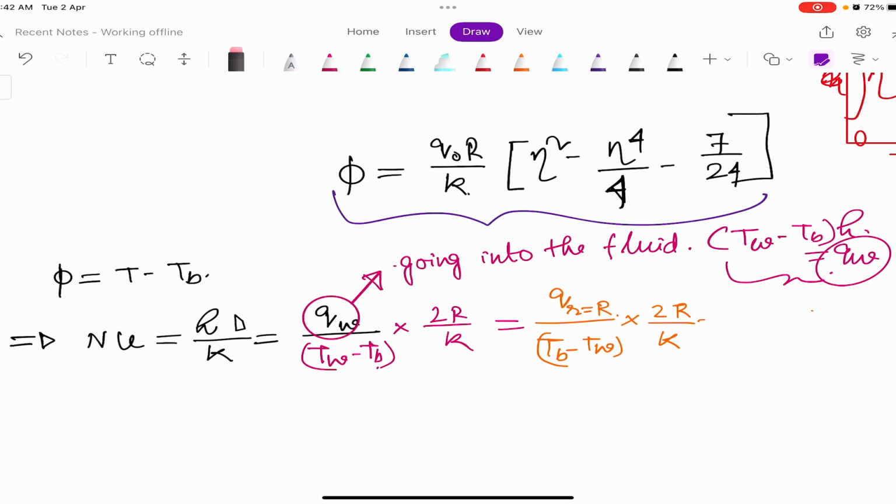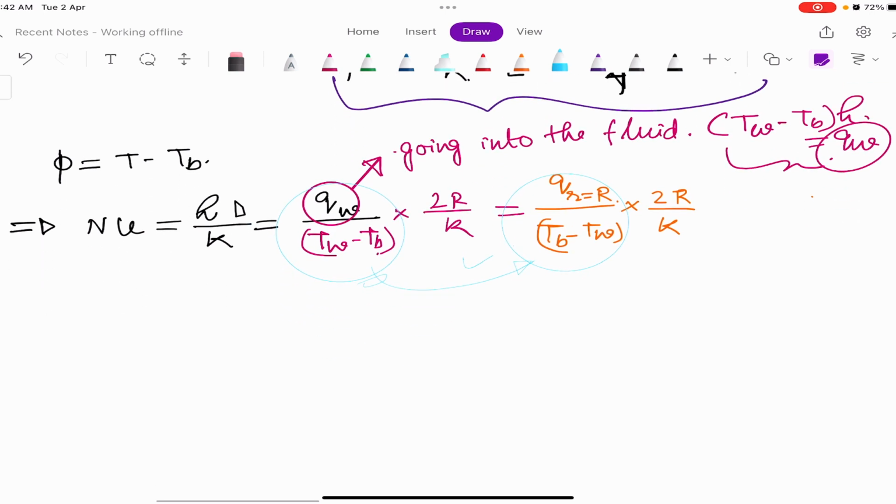QR at R equal to capital R is equal to minus QW. So that means these two expressions are essentially the same. Okay, so now this Q wall I have to find. Q wall is Q at R equal to R, that is minus k, actually del T del R